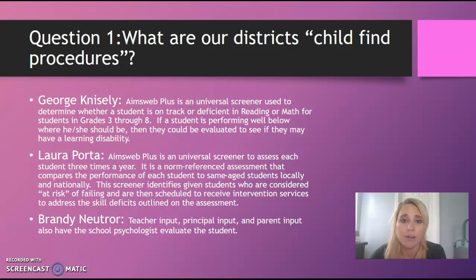My paraprofessional mentioned the parent and teacher input. In my opinion, we do use the Ames web-based testing, but there is definitely more that goes into it than just that. If we have a concern about a student, just our input alone can get the process started for the student to be evaluated. I think that's important to add.